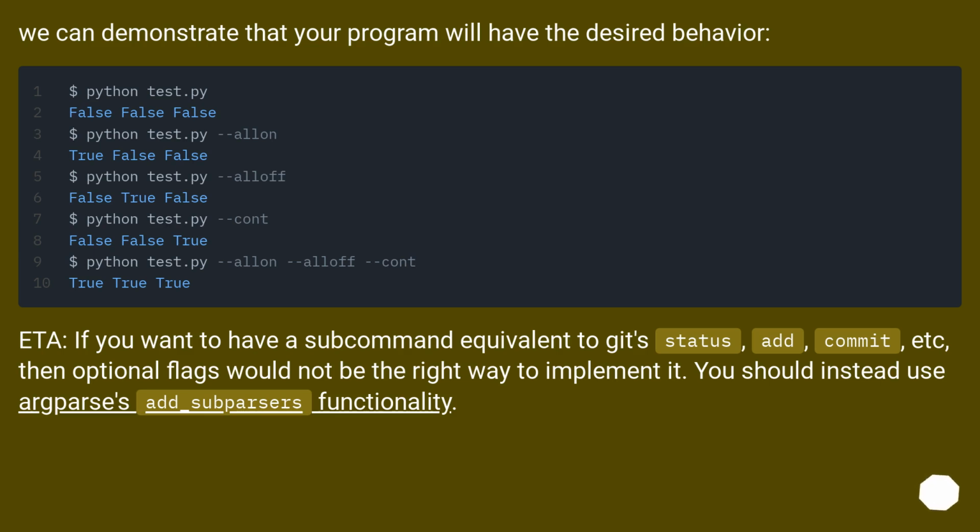Either way, if you want to have a subcommand equivalent to git status, add, commit, etc., then optional flags would not be the right way to implement it. You should instead use Argparse's add_subparsers functionality. If you want to see a classical C++ script,